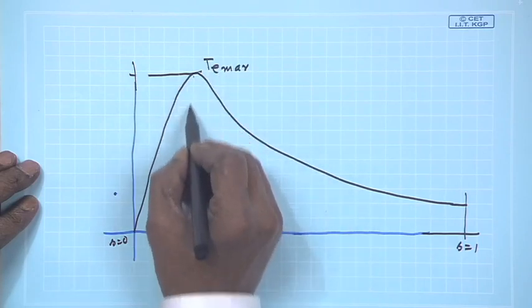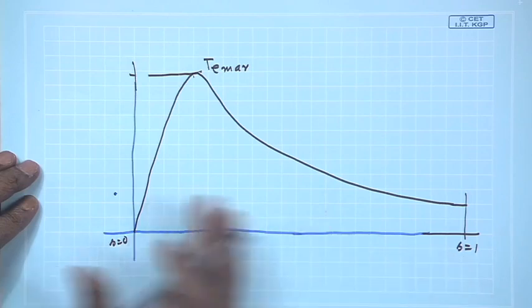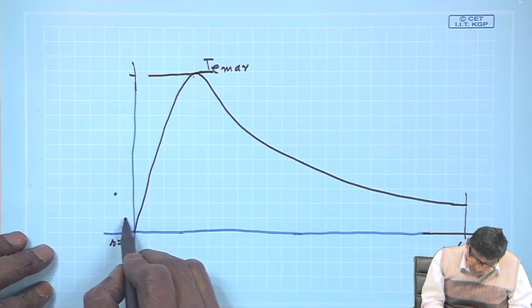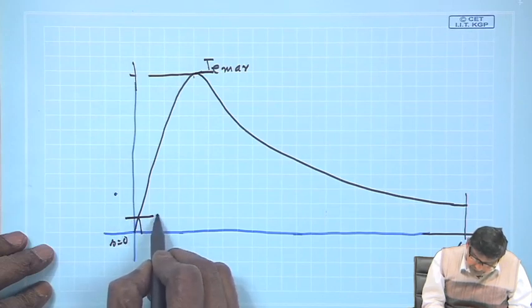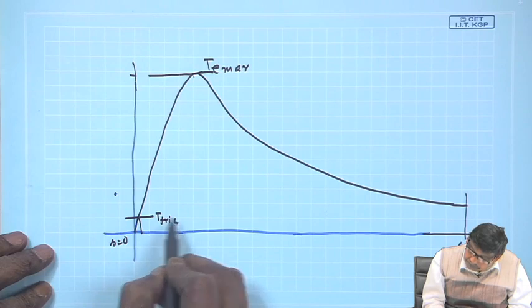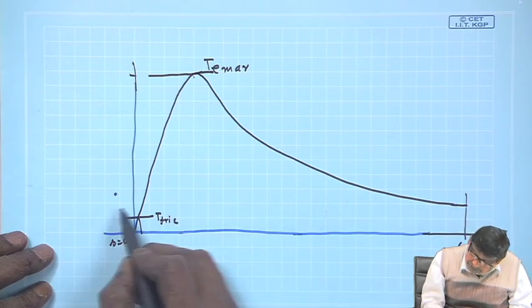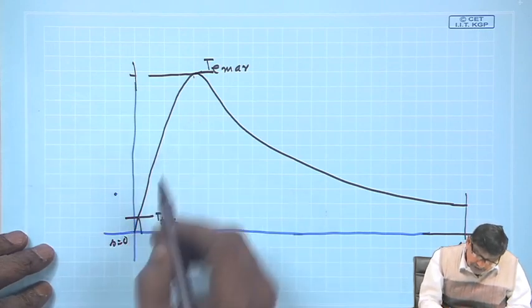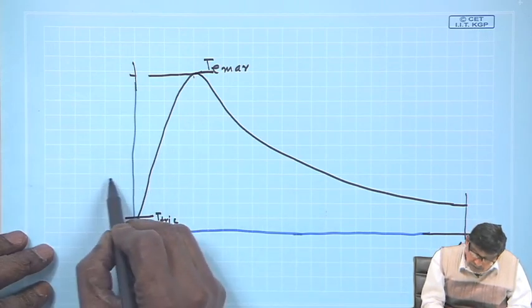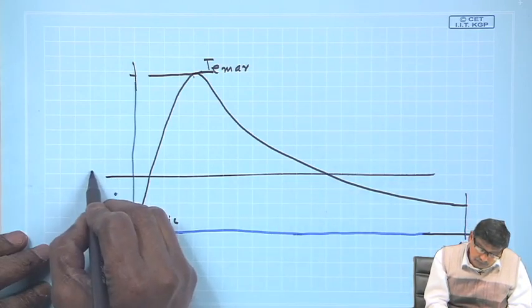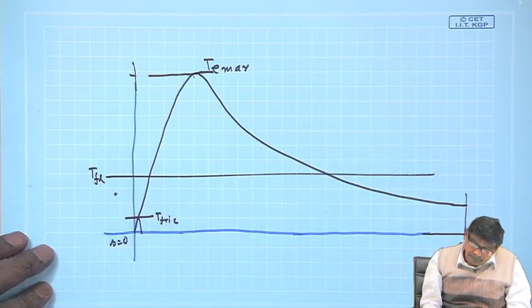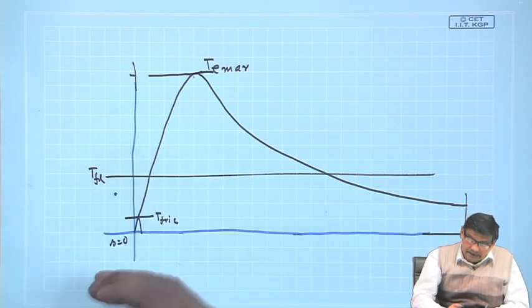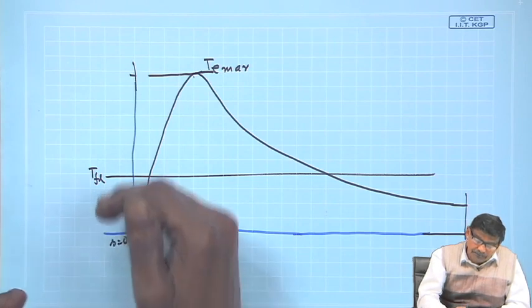Although here also I have not drawn properly, this should be 1/10 of this approximately, I mean this is T max. Acha, I told you at no load it was operating here, T friction suppose, and T starting was greater than T friction. Now, when I told that T friction is suddenly raised to this level, say full load torque level, suddenly a step jump at t equal to 0, I have done this.